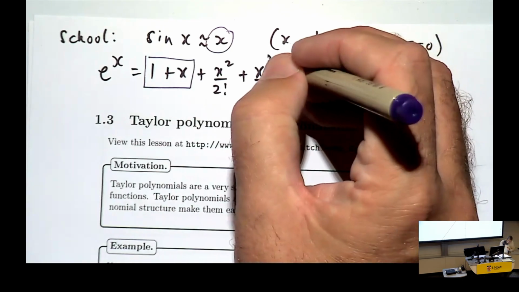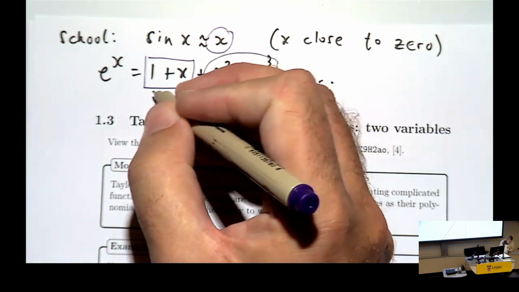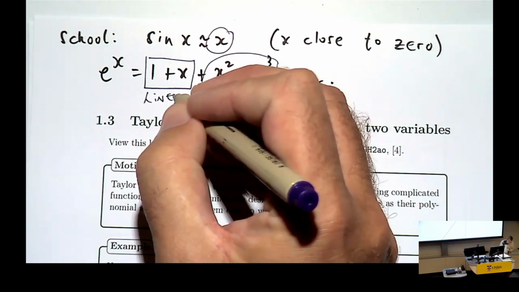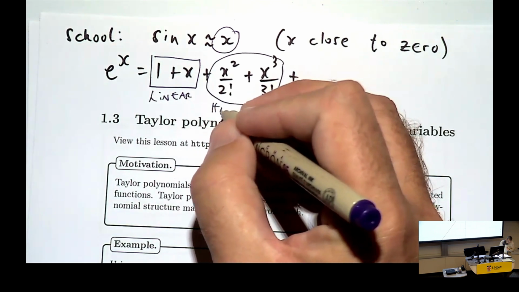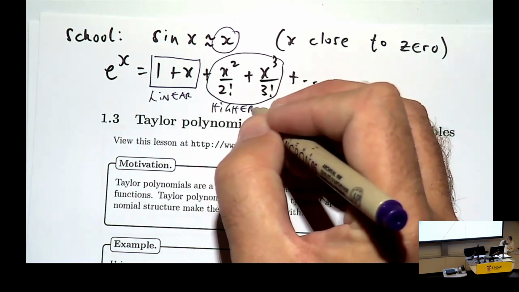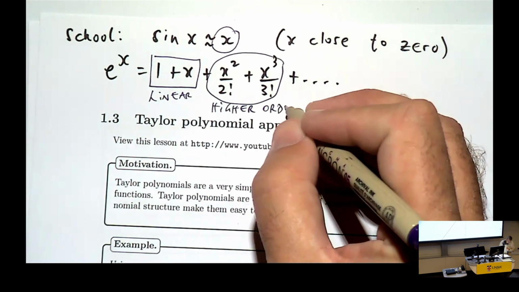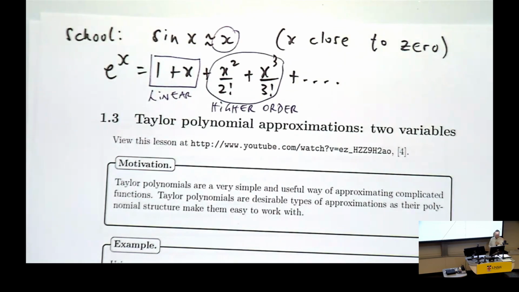All right, so these are your nonlinear terms, at least for e to the x. They're called higher order. And the more terms we have, the better the approximation is, but it involves more computing, right? Okay, so let me just... All right. So let me show you